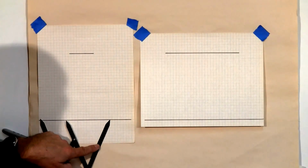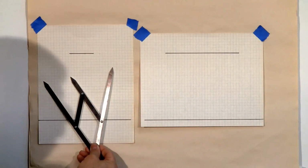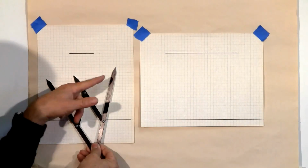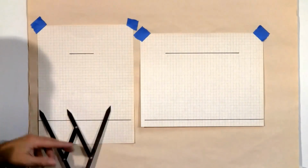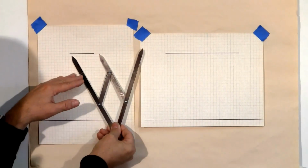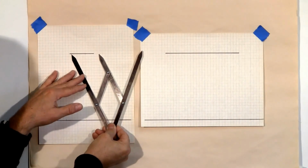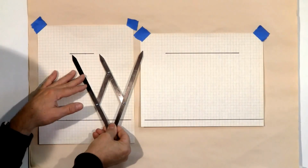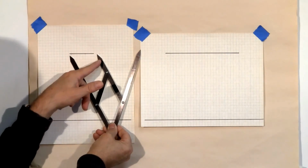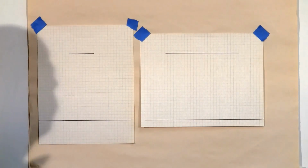Now the purpose of a Fibonacci gauge is so that you can use these different points. And we've used the big one down below, we can now use the small one up top. And when I counted the small one, it's actually 10 little squares. So off camera I measured 5 over from each side. So we can actually draw